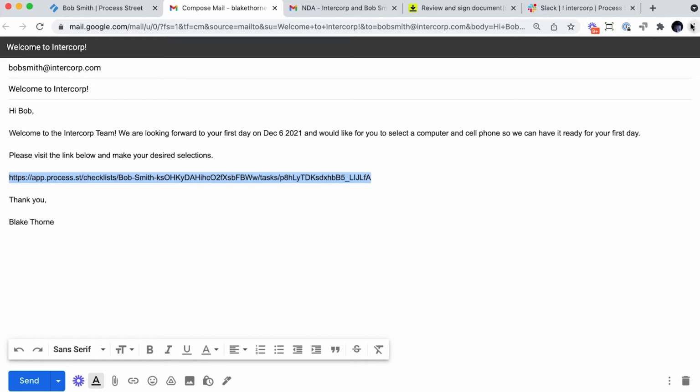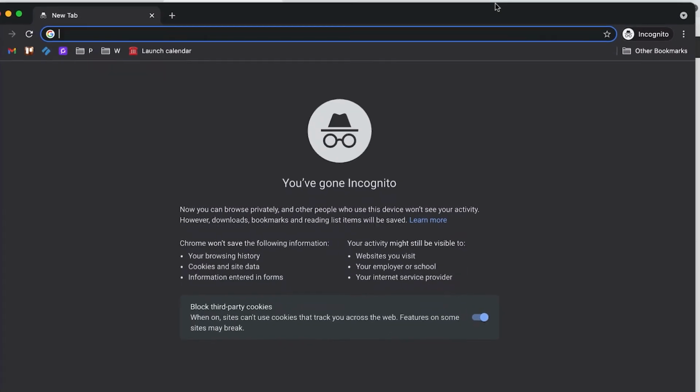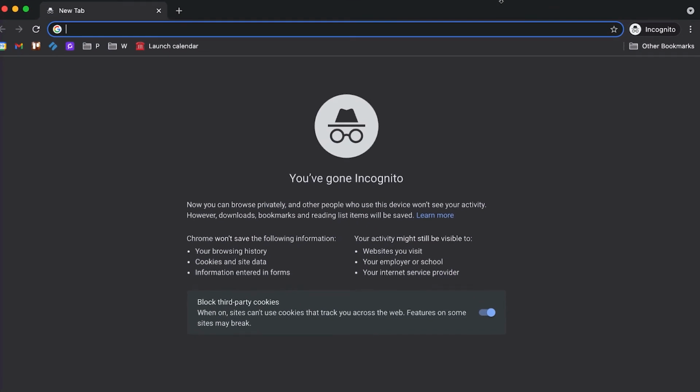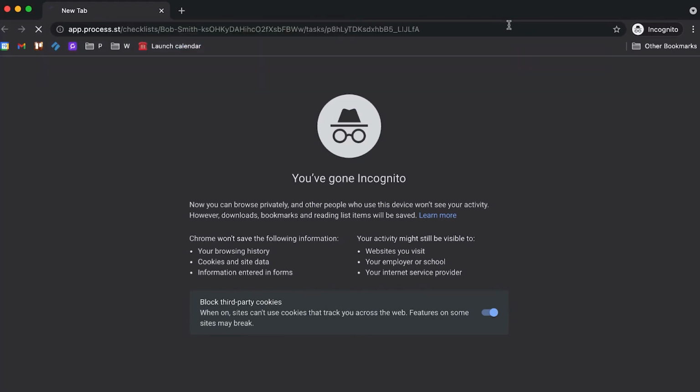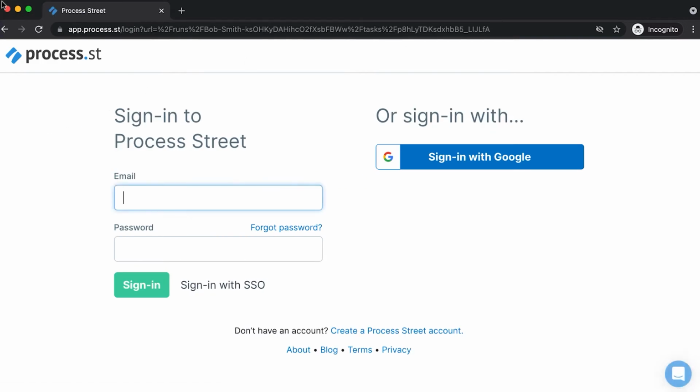So I will go ahead and open a new window in incognito here, so I'm not logged in to Process Street, so we can see this experience for someone who's never